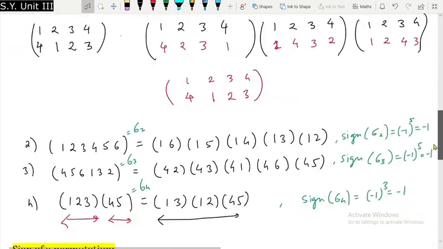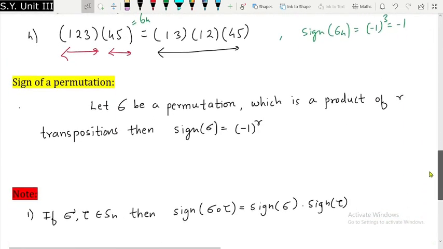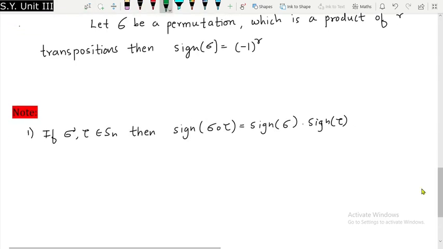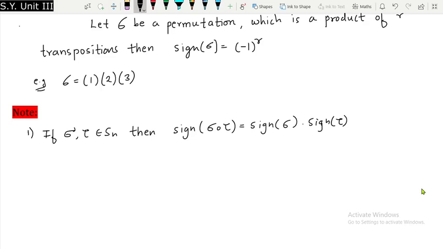So what about the identity permutation? Now this is a very interesting question. What will be the signature of the identity permutation? Suppose I am having sigma where 1 maps to 1, 2 maps to 2 and 3 maps to 3. So now you cannot use this trick. If it is 1 2 3, then we can easily say 1 3 1 2. Therefore this can be written as a product of an even number of transpositions, because two transpositions are involved, and therefore the signature of this 1 2 3 will be 1.